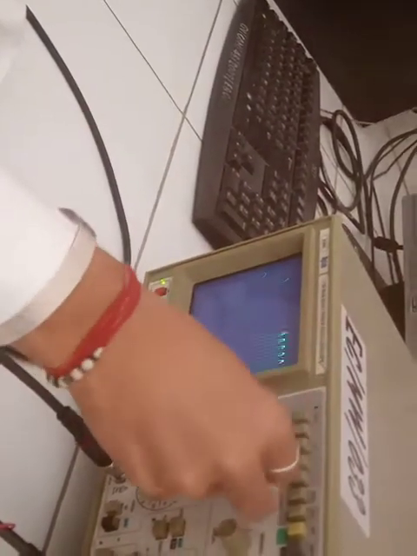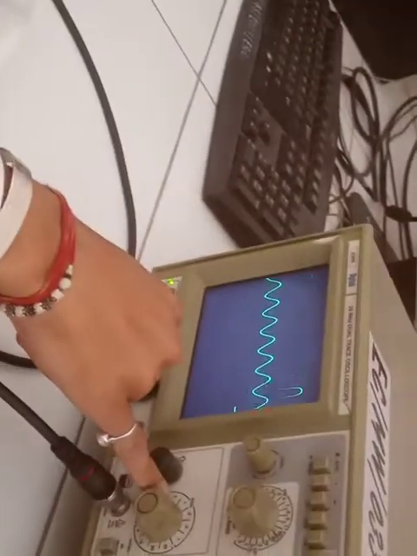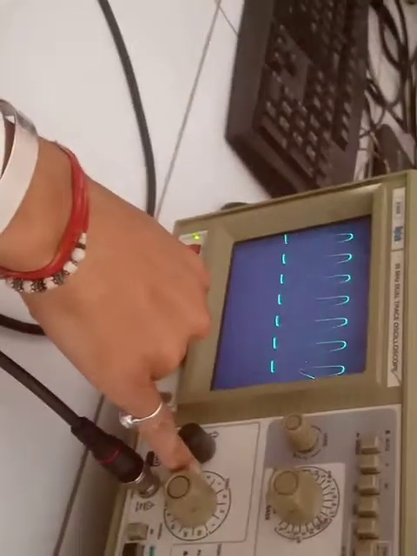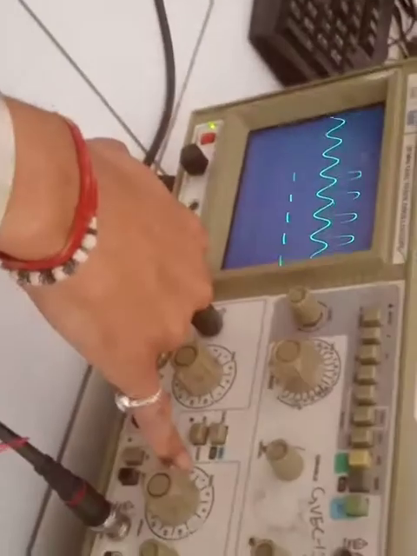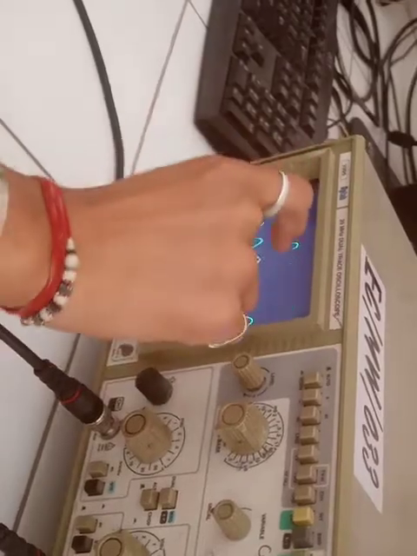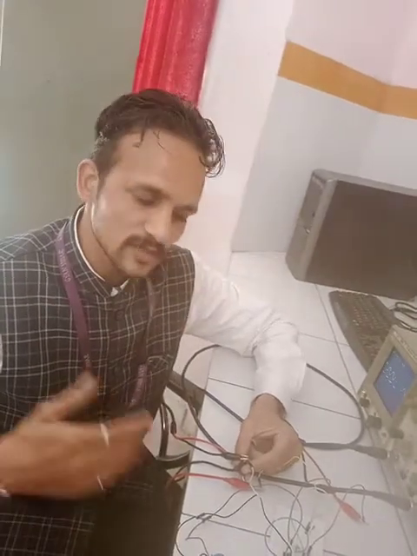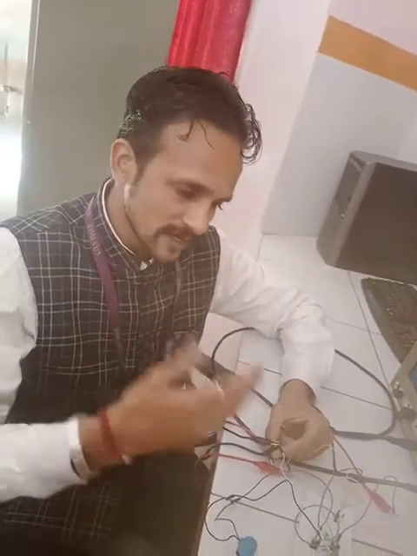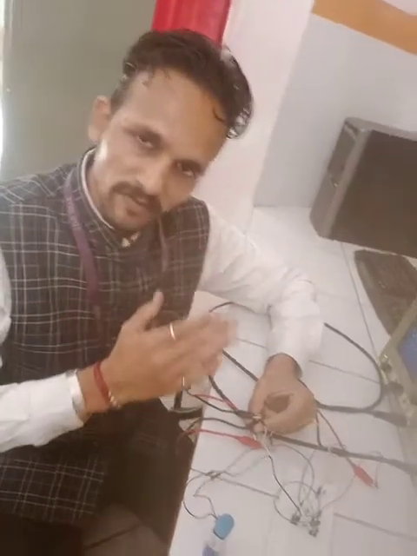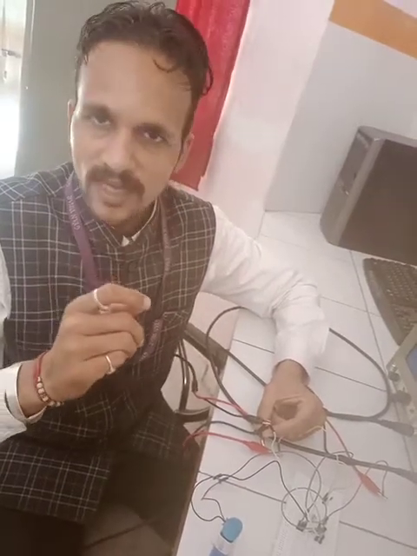Or you can see directly. Now see this one. This one is the input. At the same position, the volt per division of the input is at 2, and the volt per division of the output is also at 2. But the input is very low in amplitude, while the output amplitude is very high. So this is what we know as the transistor as an amplifier circuit. The transistor is used for the amplification of the signal, and here the emitter terminal is common, which will be a part of the input and also a part of the output. That's why it is a common emitter transistor amplifier.